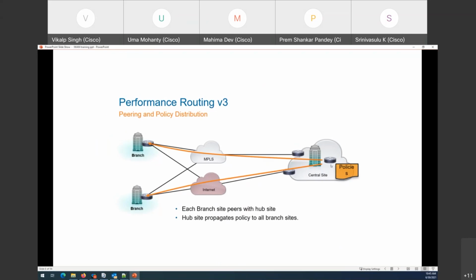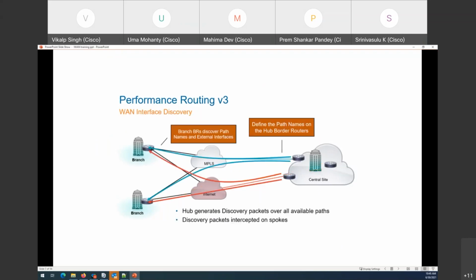So we can see here, all the policies are being pushed from this hub master controller router to our branch sites, and the branch sites install all the policies and then make the decisions. I mean, how do the hub devices come to know that we have a so and so branch location? This is basically done through discovery packets. What happens is, we have defined on our hub locations,